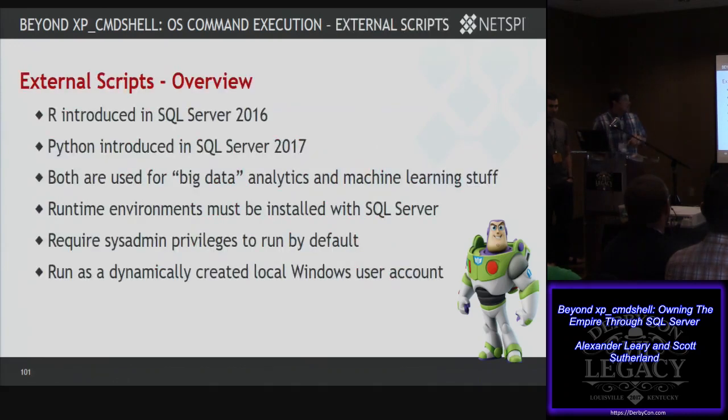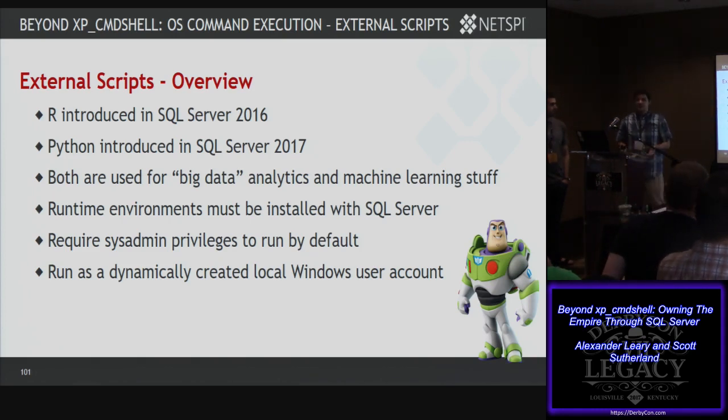Next, Microsoft is really trying to start to compete in the machine learning space, right? They want to do big data analytics, and to support that, they've introduced two runtimes over the course of the last three years. One is R, and one is Python. They're completely different runtimes that have to be installed with SQL Server, so they're not always around. The other downside is that